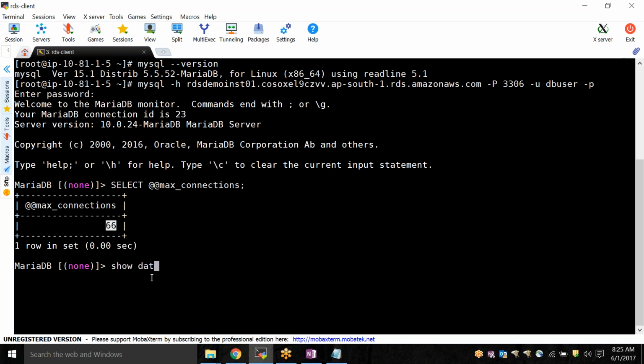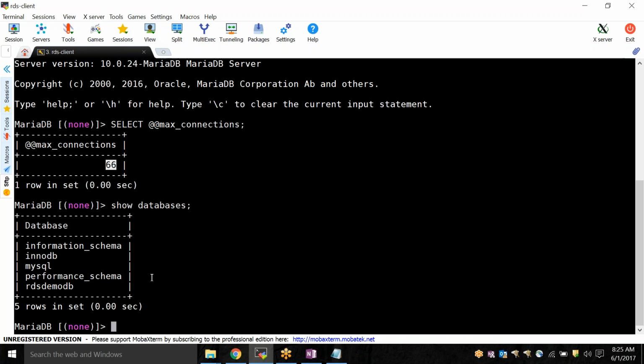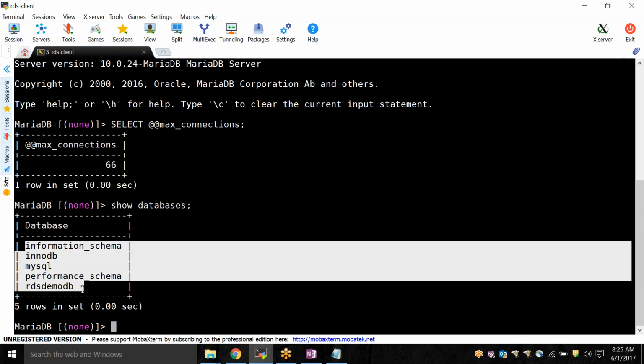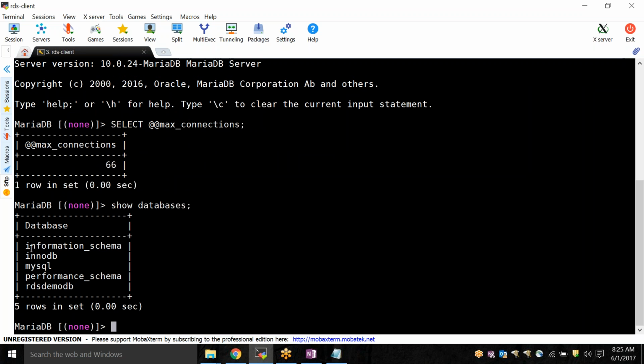This command is what we are going to use next. Show databases. It will list all the databases that are available in your RDS instance. As of now, it says that it has only these default ones, and the RDS one that we created. If you remember, this is the name that we gave while we were creating the RDS instance. So I'm going to say use this database for creating our tables. The command for that is use RDS